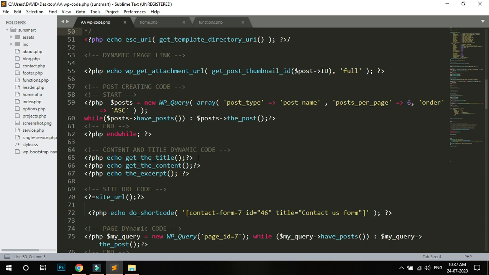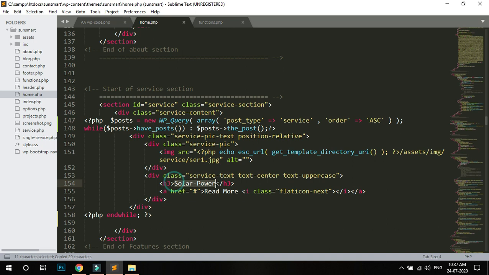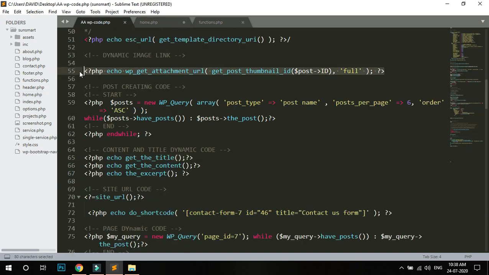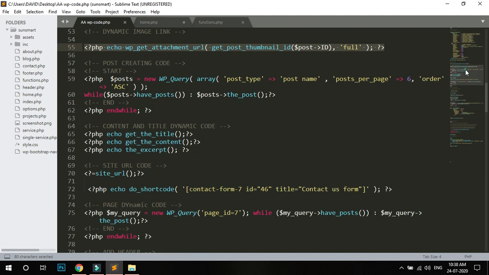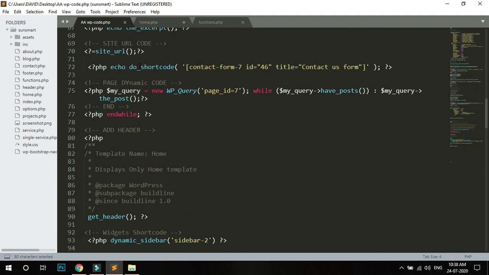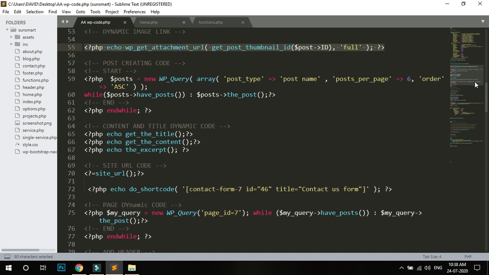So this is the title here. The dynamic image code is here, copy, and here is the permalink.